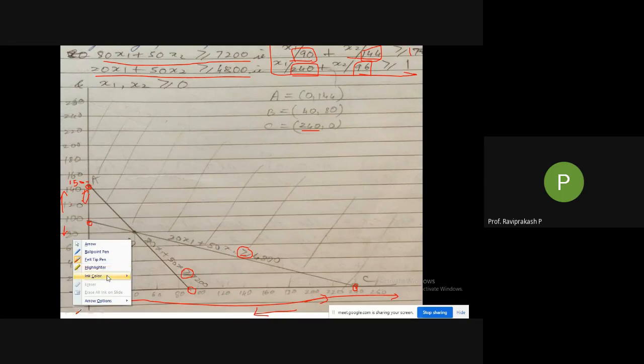I'll mark in a different color if you want, till you understand. So I'll just change the color. So for this line, it is like this. I'll mark a straight line. This is the area where we are interested in, which the line is saying greater than. So this is the area. Okay, then coming to the next one, I'll just change the color again.